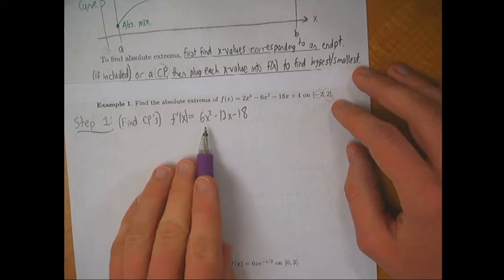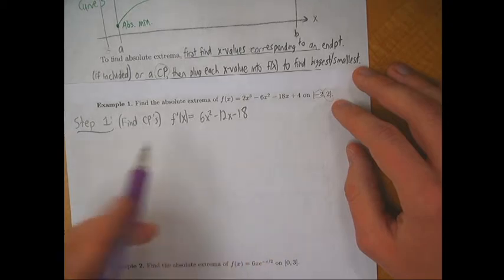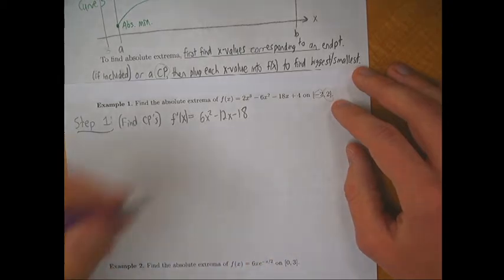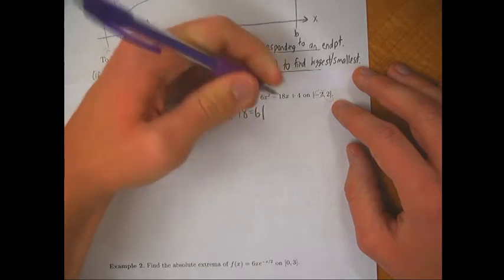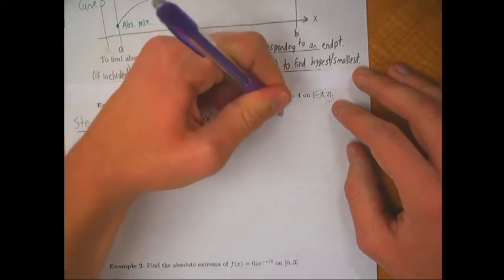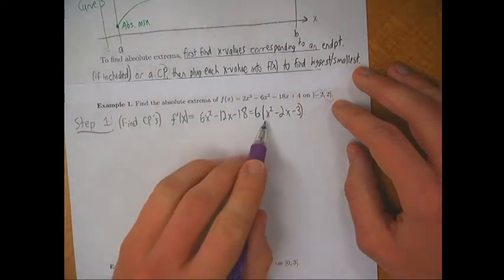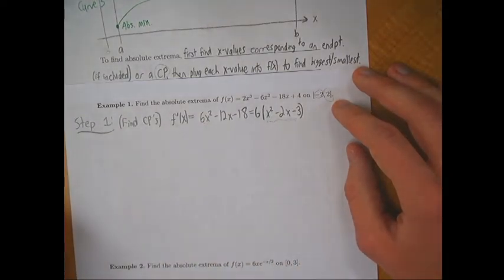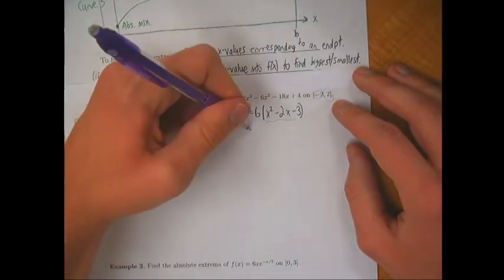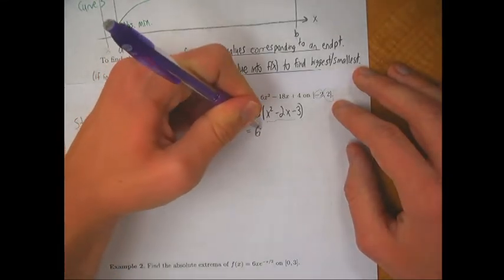So what can we factor out of each of these 3 terms? 6. Yeah. So if we factor out 6, we have x squared minus 2x minus 3. And then you notice this quadratic here becomes much easier to factor. So if we do that, we end up with